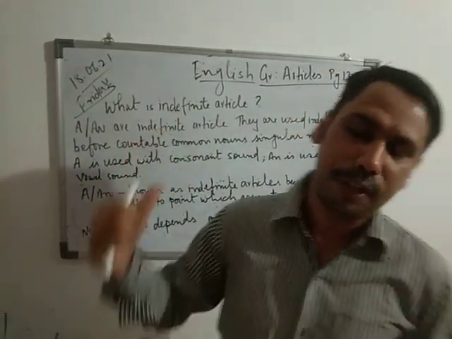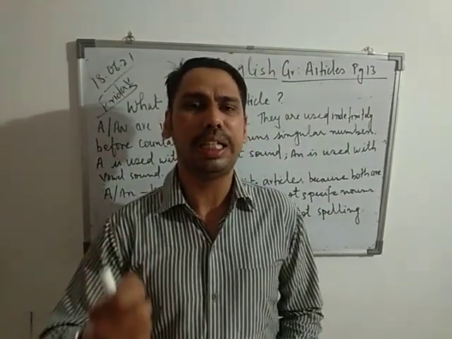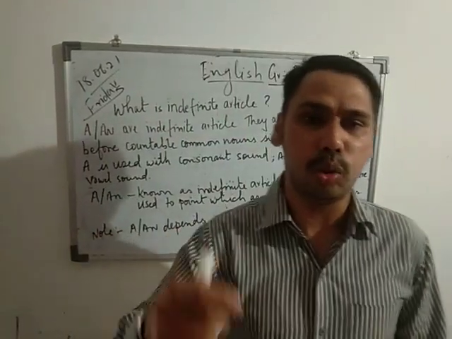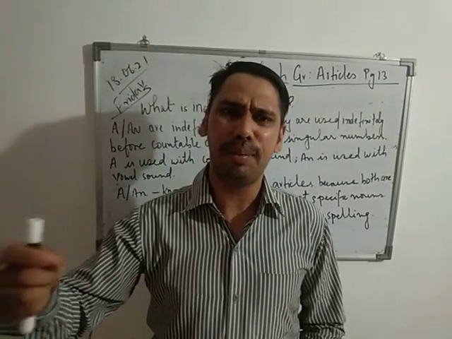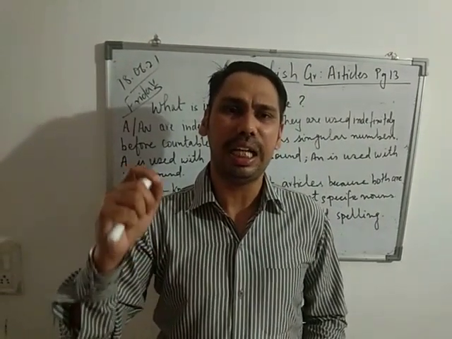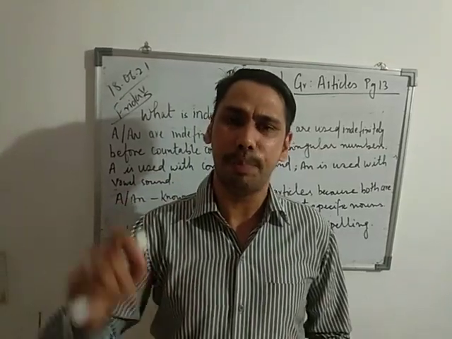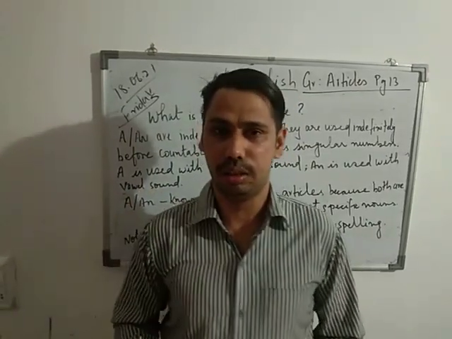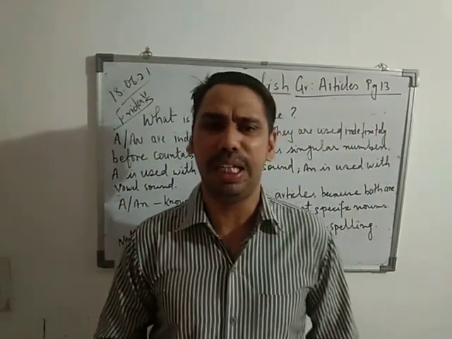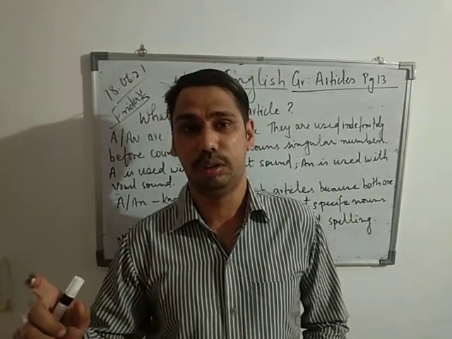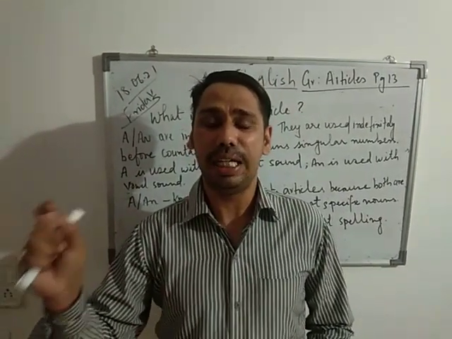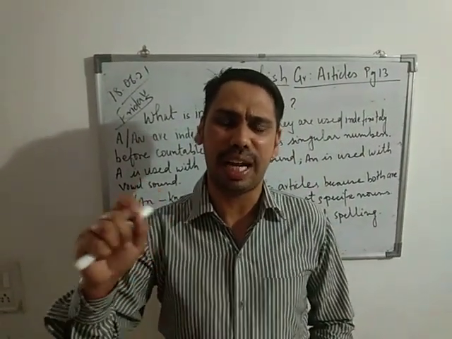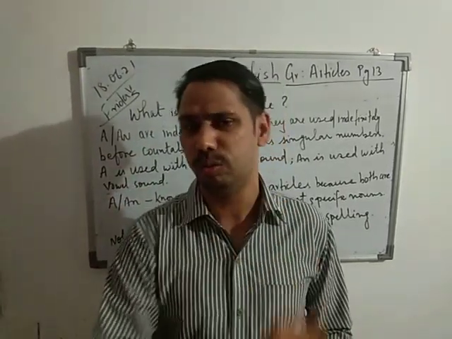Before going to the indefinite article, what is an article? Articles are a, an and the. These are used to modify the sentence. Modify means a slight change in the sentence. Articles a, an and the are always placed before the noun. They come under determiners. Determiners specify the noun. If you read any story, you will notice a, an or the are always placed before the noun.